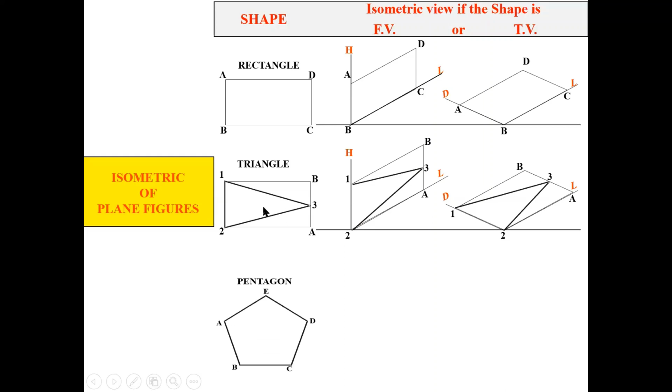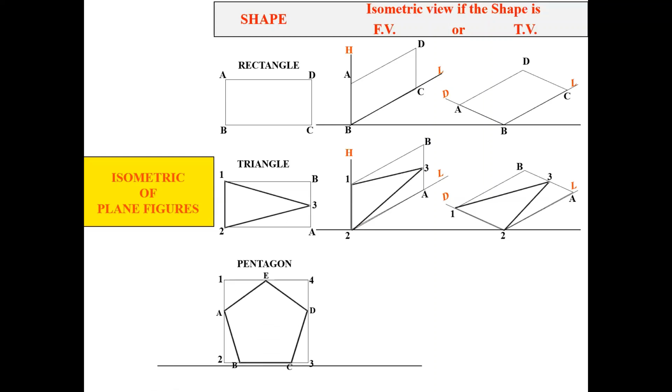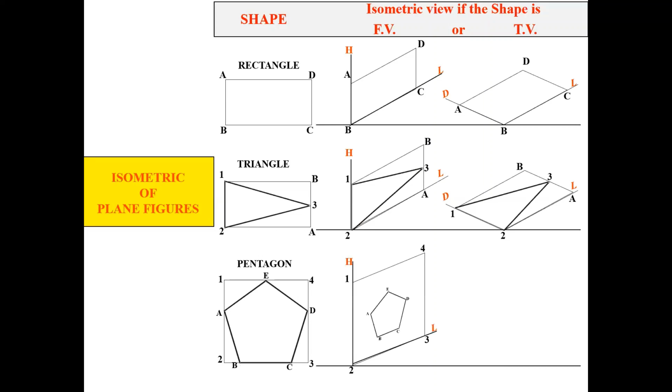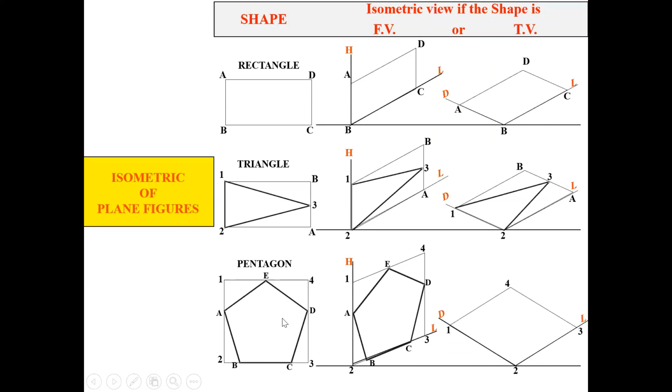Okay, then if it is a pentagon, how does it look in the isometric front view? It would look like this. First of all, you have to prepare either a rhombus or a parallelogram, and then within that surface you have to prepare your drawing. Similar to that in the top view also, because if you observe here, in the front view and side view you get the vertical plane, but for the top view you get the horizontal plane. And within that surface you have to draw.